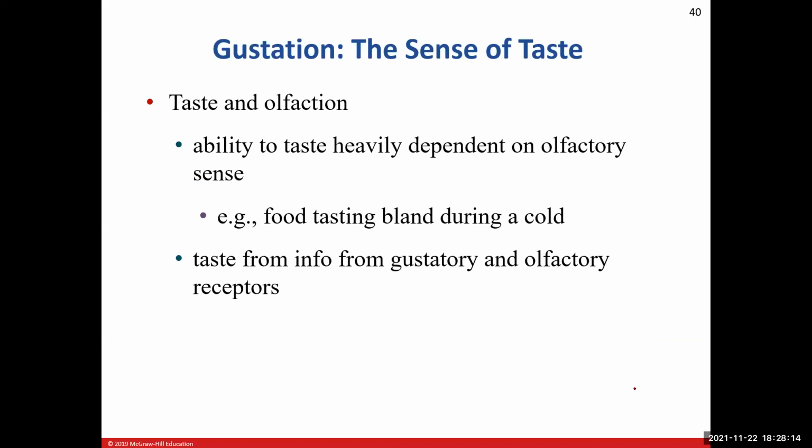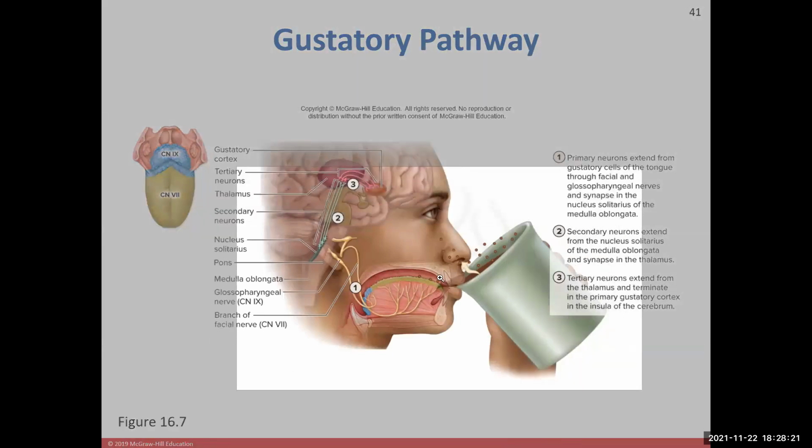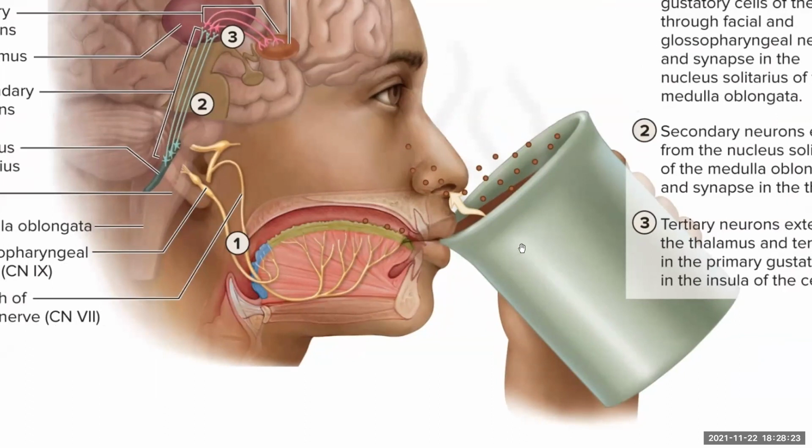All righty. There's the gustatory pathway. Let's take a peek at that, put it in picture form. Here's our friend bringing that cup to their face to drink down whatever the liquid is. At the same time, they're getting some odorant production here so they can smell whatever it is that they're drinking. So the tastants enter into the oral cavity, and they'll stimulate the neurons here, either in the anterior portion of the tongue or the posterior portion of the tongue.